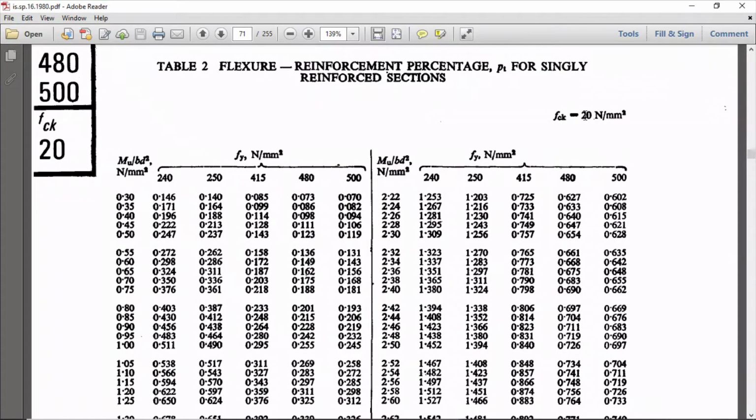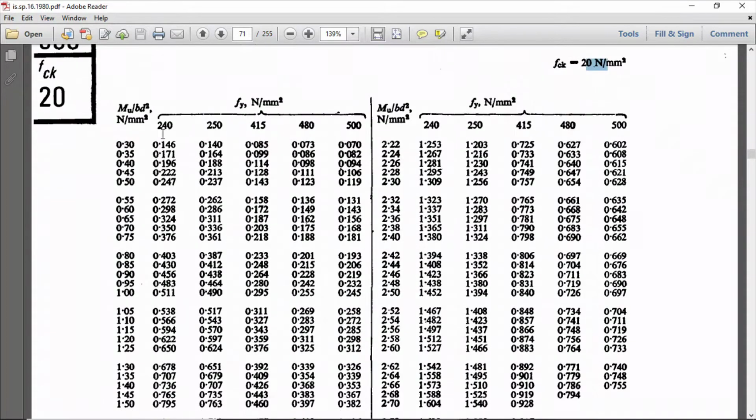This is for fck 20. I have explained this in my previous lectures also. Again I am explaining here for two-way slab design. So for this Mu divided by bd square ratio, as you can see in the first column, my value is 0.7, right? Let us consider it as 0.7. If you want the exact value you can do interpolation. So for this 0.7 value and Fe415 grade steel, I am getting my PT value as 0.203.